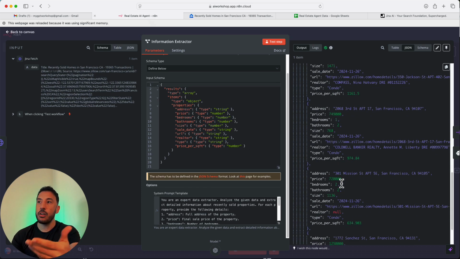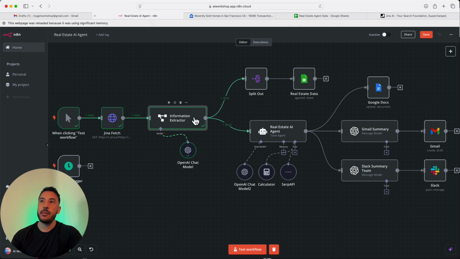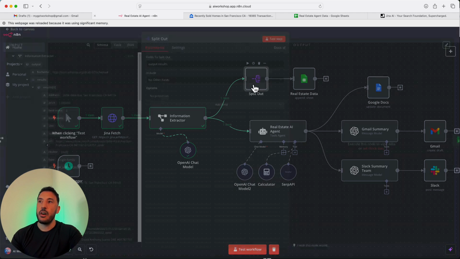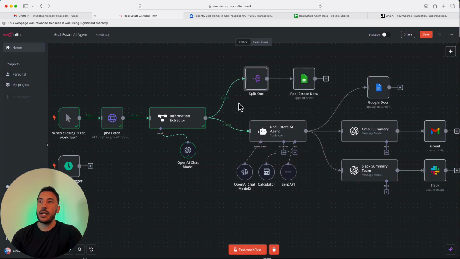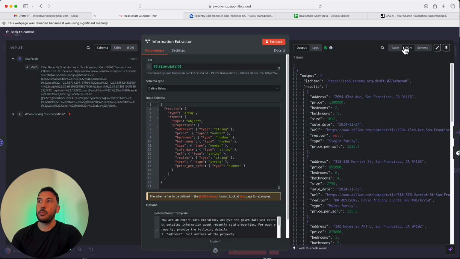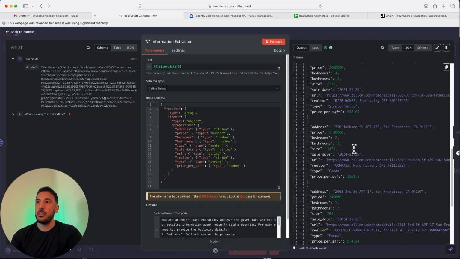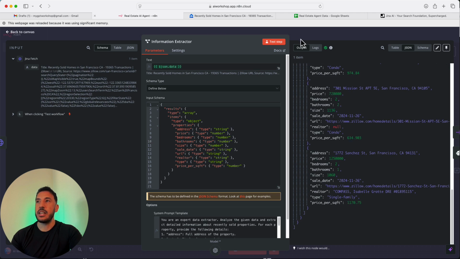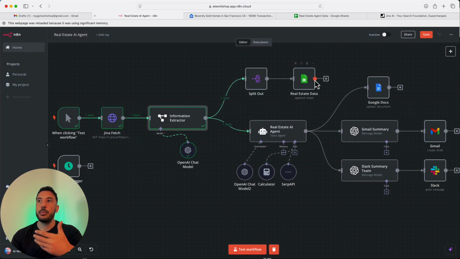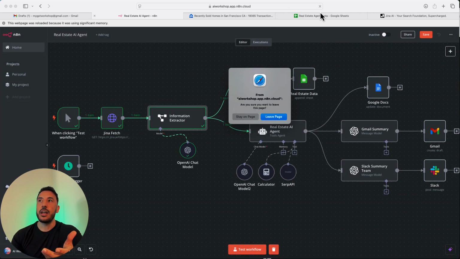So once we have all of this great information that we grabbed from this HTML, we're splitting this and sending it to two different routes. The first one, we're just going to split all of that information that's coming out. Right now there's one item coming out, meaning this is just one output result. If you take a look at the table or JSON view, you'll see that all of this is being sent out as one output. We want to be able to split this so that we can utilize